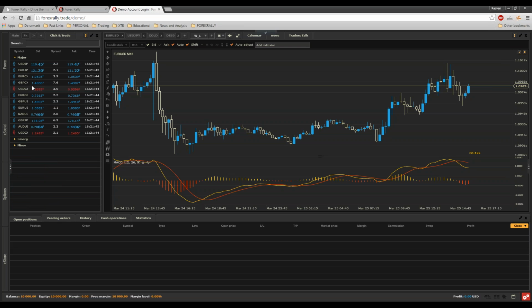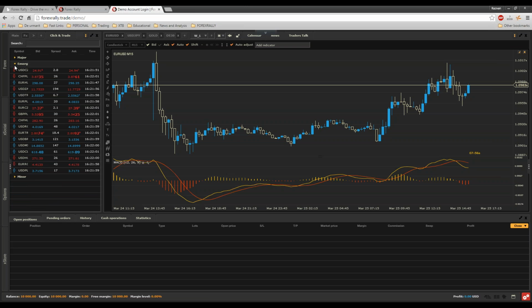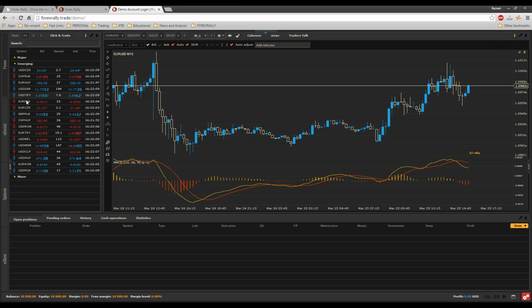If you'd like to trade only Forex, you'll click on this tab here and you'll have the majors, the ones I've told you about. USD with the Japanese yen, Euro USD, Euro with the Swiss franc, and so on and so forth. If you want more currency pairs, you have emerging market currency pairs. Let's increase this a bit so we can see the symbols here. We have the euro with the Hungarian forint. We have the USD with the South African rand. These are emerging market currencies.